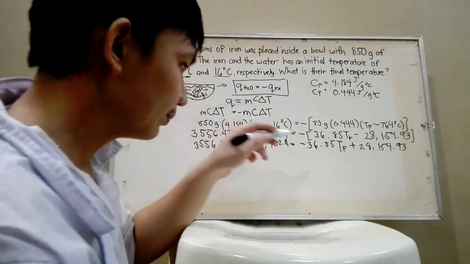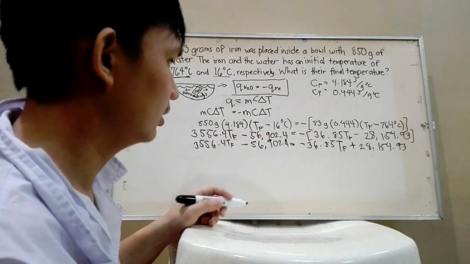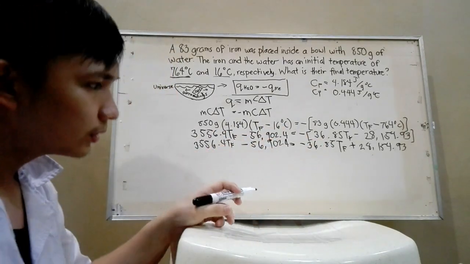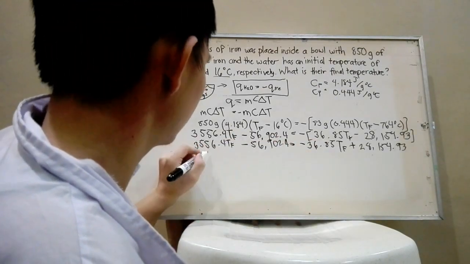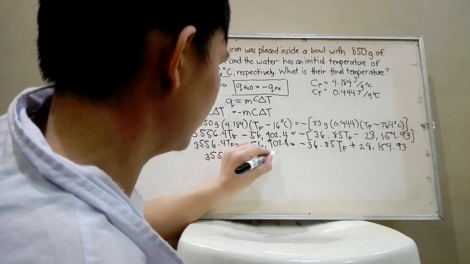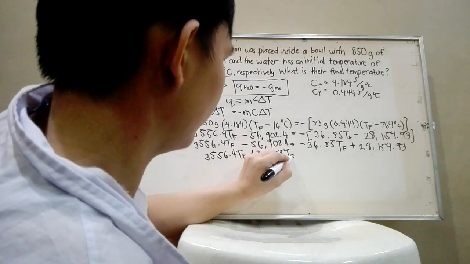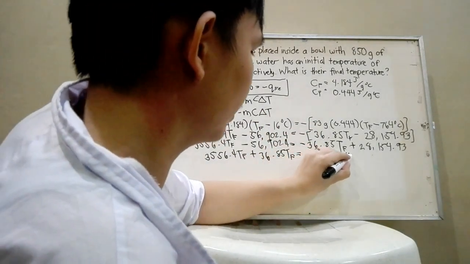And then finally, we will transpose this TF to here, so it will become positive 36.85 TF, and this will go there, 56,902.4 plus